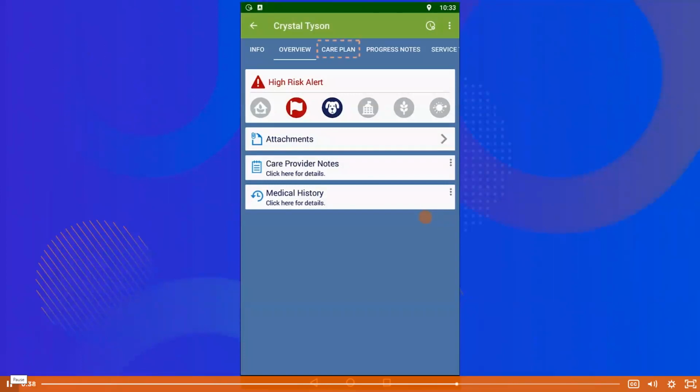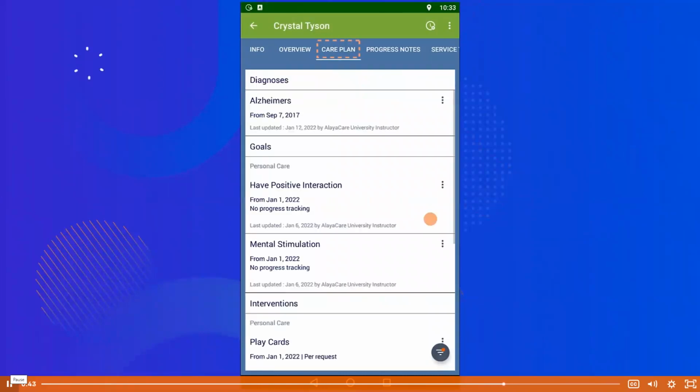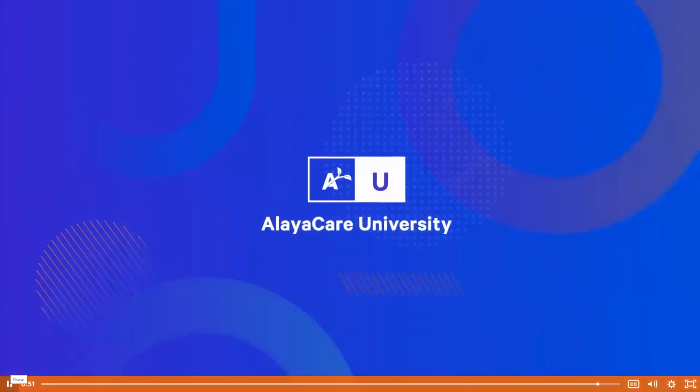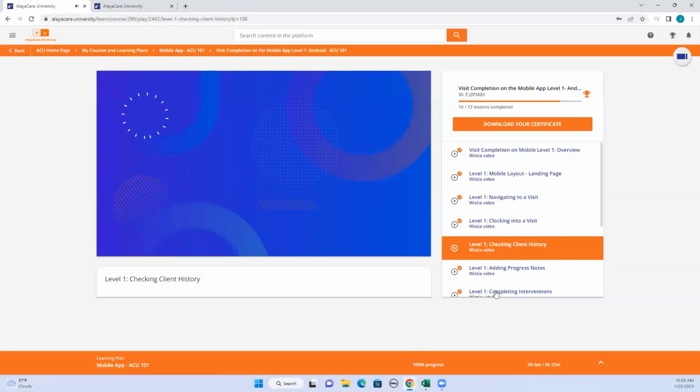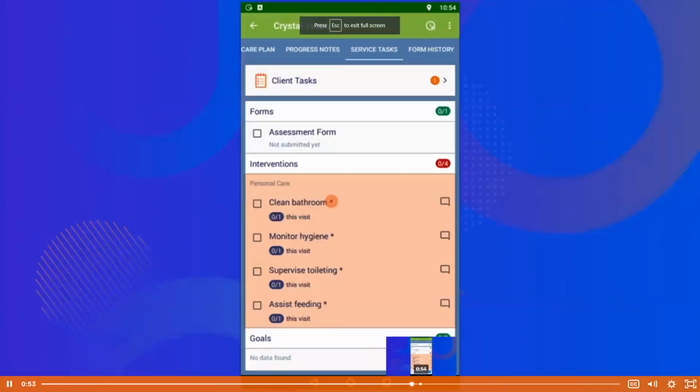You can also review the current care plan by going to the Care Plan page. Here, you will find information regarding current diagnoses, goals, and interventions. Interventions are care-related tasks for you to complete during your